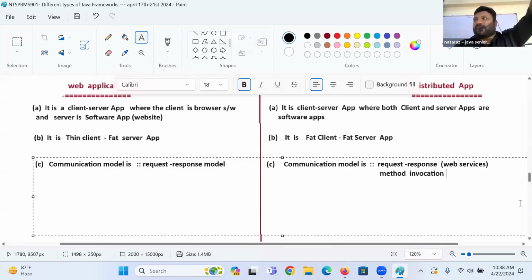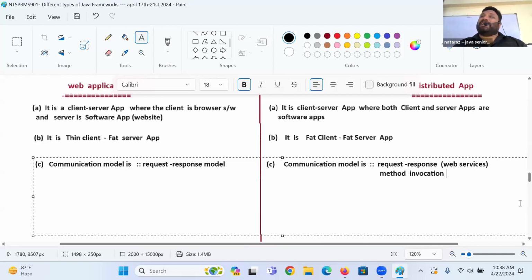What we see in our regular website: www.nareshit.com request is given in the browser. As a response, I will get the home page. I clicked on hyperlink, one request. Again, I get one more web page response. In that response, I clicked on one button, request. Again, I get one more page response. That is request response model.